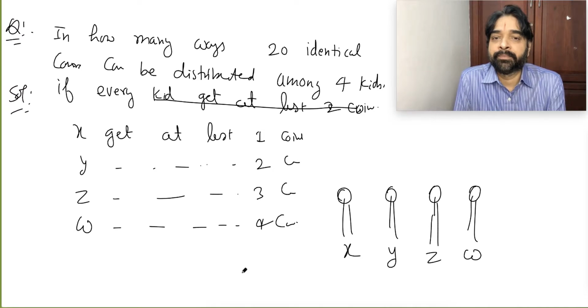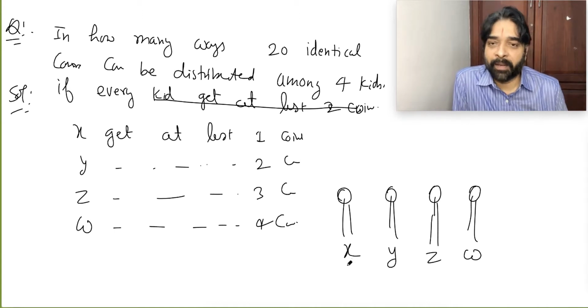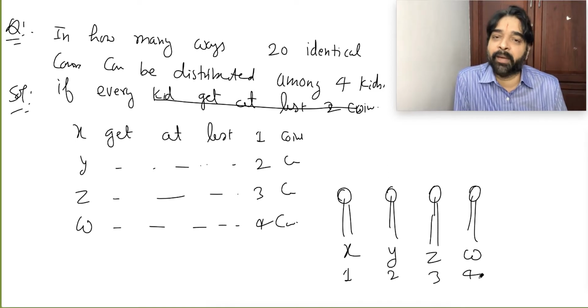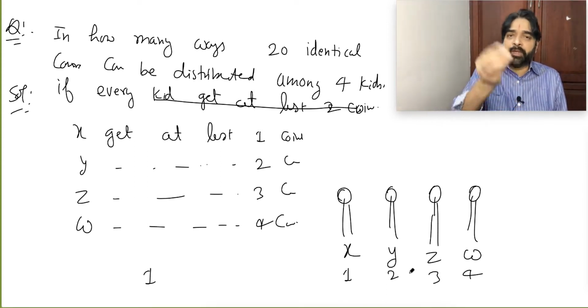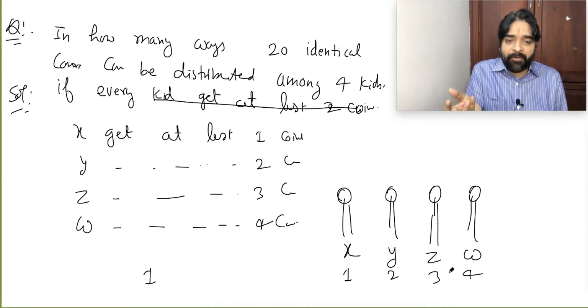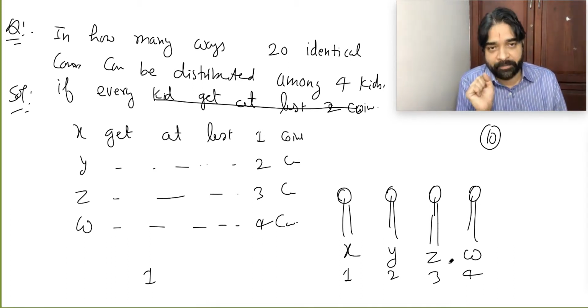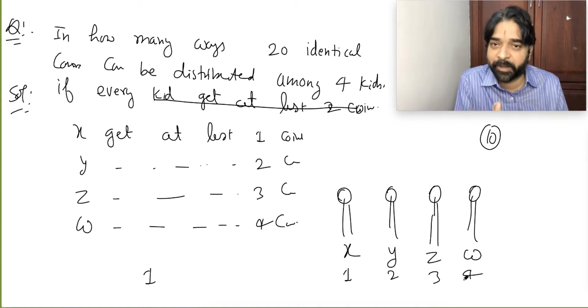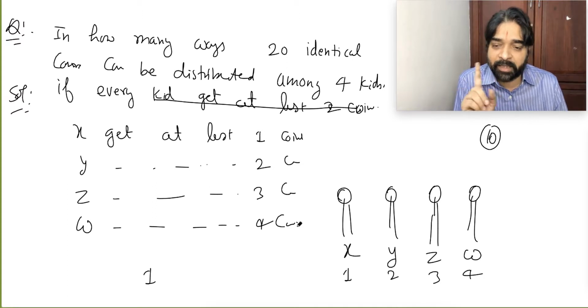Got it? A very simple question. He should get one object, give him one, let him be happy. Give the second 2, the third 3, the fourth 4. Everybody is happy. This process will be done in how many ways? 1 way, identical objects. This is a distribution of 1 plus 2 plus 3 plus 4, that is 10 identical objects into 4 groups. If the size of the group is predefined, the answer will be 1 for that case.